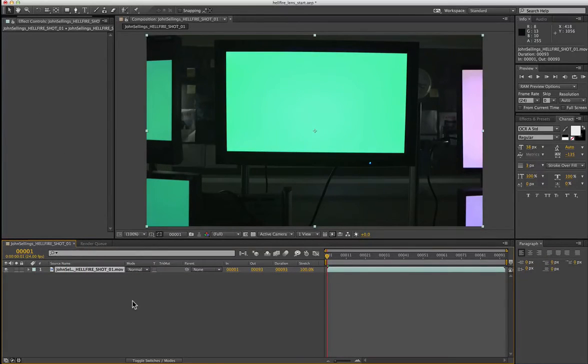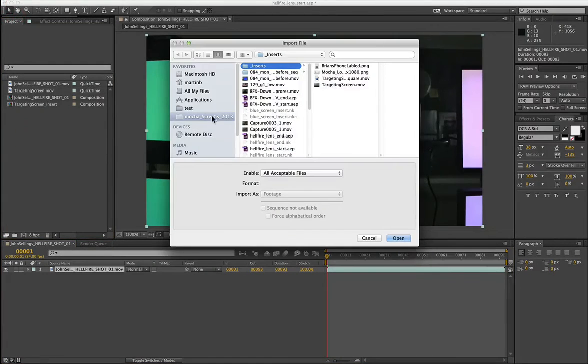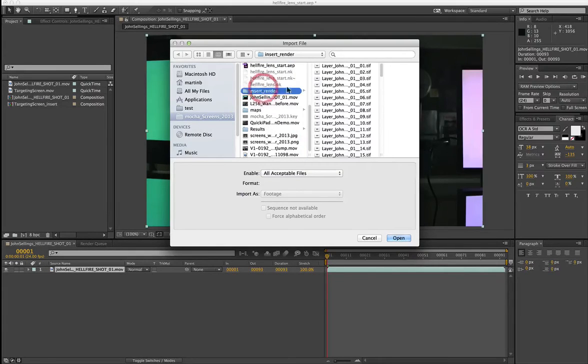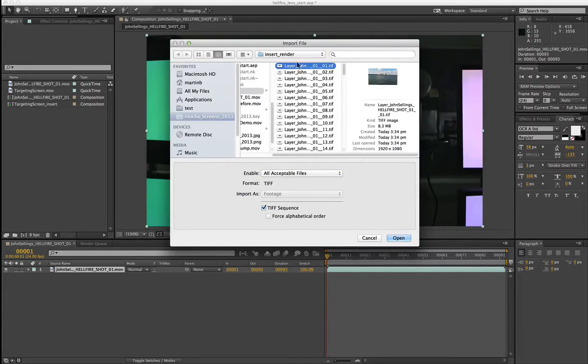Okay, so back over in After Effects, I'm just going to delete my data insert that I did with the lens tool and my tracking data, and I'm going to import a new file. So let's load that up. I'm going to come to my insert render folder,